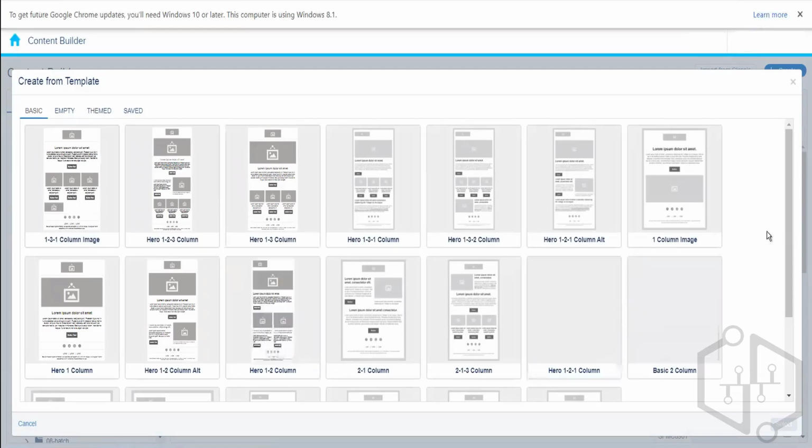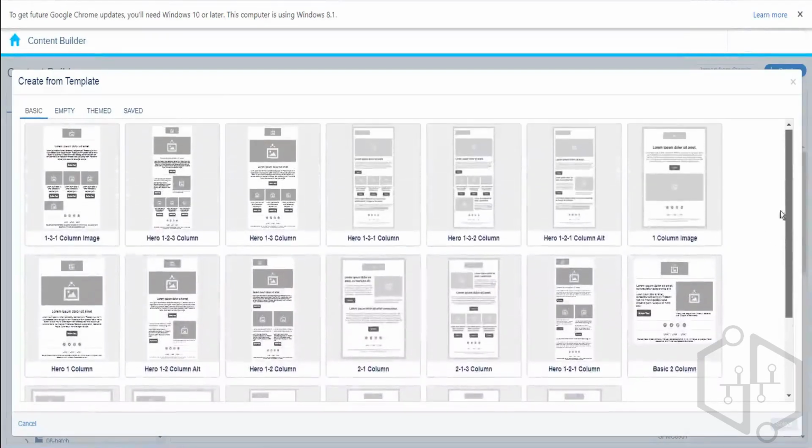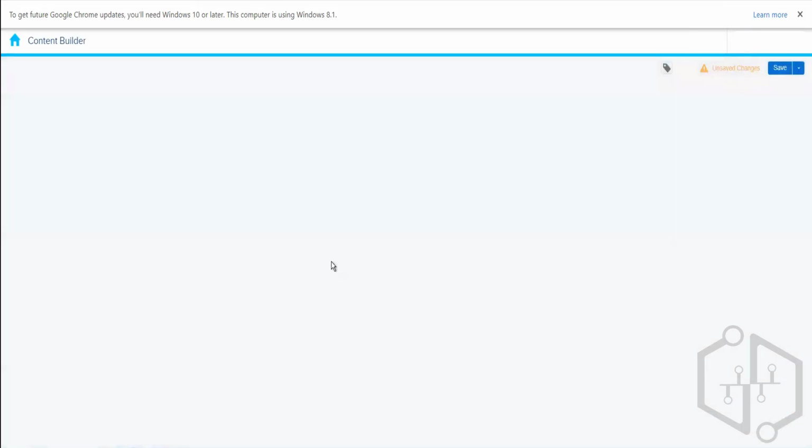So let's say I'm designing a welcome email. Whenever somebody becomes a customer, we want to send a welcome email, and this is the format that I want to choose to send the welcome email, in which